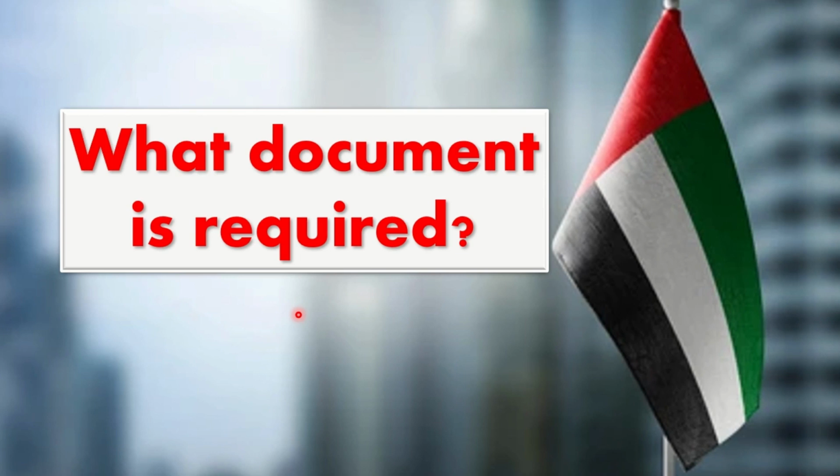These copies are required. Nothing original is required, everything is required as copies only, along with the income source. Everyone needs this. The fourth document, the income source, is necessary for all persons, whether you're in the UAE or living in another country. So these are the four major documents required.